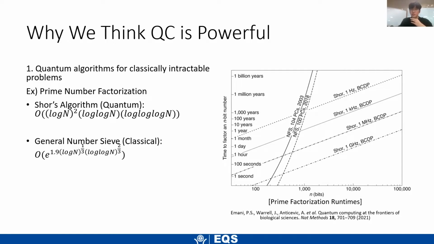And the picture on the right shows that the scaling is much better for Shor's algorithm. Don't worry too much about the actual numbers. I'm not really sure about how these numbers were created, but you can see the scaling, and that we can factor larger numbers with less time using Shor's algorithm. So we have these powerful examples, which give some insight into the fact that quantum computing is more powerful.